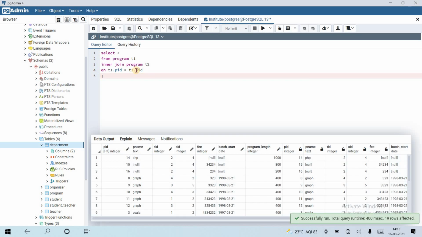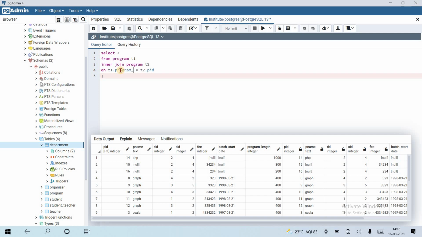So it fetches all the values. So let's try, suppose, fetching the program name where all the program lengths are the same. So here you can see 400 and 400 and 400 and 400 like this. So match the column program length.